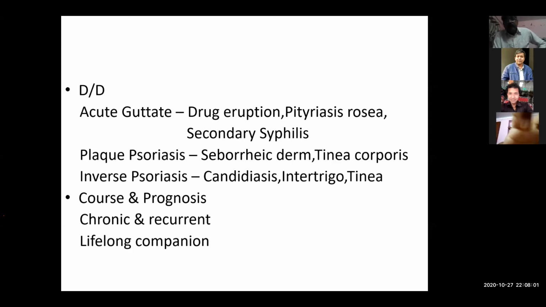Now, if it involves more than 10% of body surface area, that is, if it's moderate to severe psoriasis, you need to go in for systemic medications. Amongst the systemic medications, again, a big no-no to systemic steroids. You do not use systemic steroids in psoriasis except in 1 or 2 rare cases, which is beyond the purview of discussion with you, because you'll be appearing in an UG examination, not a PG examination. Okay, for the systemic